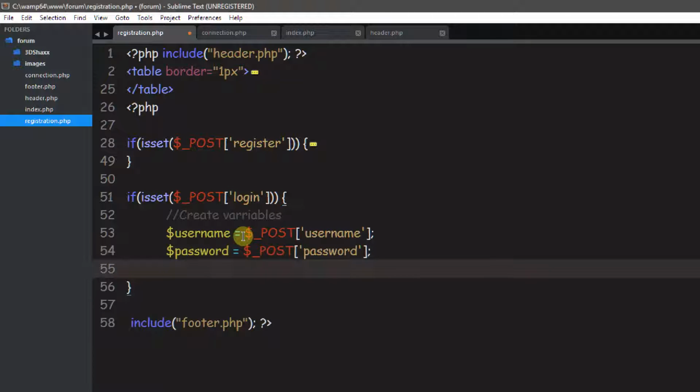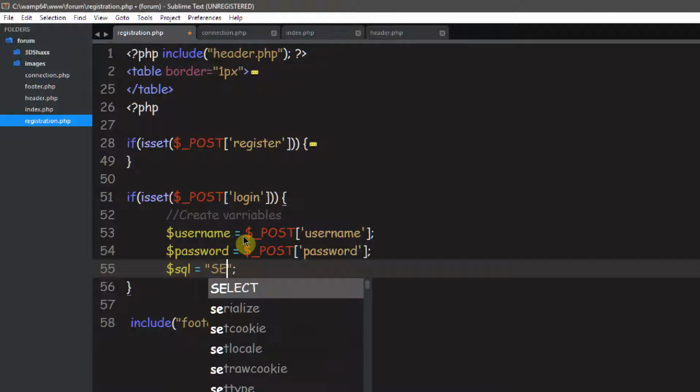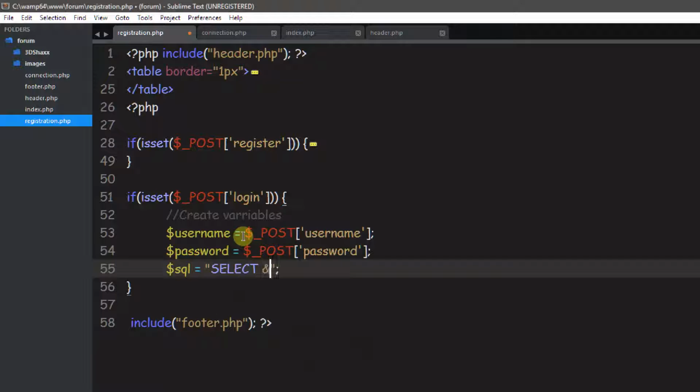We just want to write our SQL query, which is a really easy query. It's just a select query. It's just going to be $sql equals select asterisk from users where. And what we want to test for is that there's a row containing their username and their password. So, select asterisk from users where username